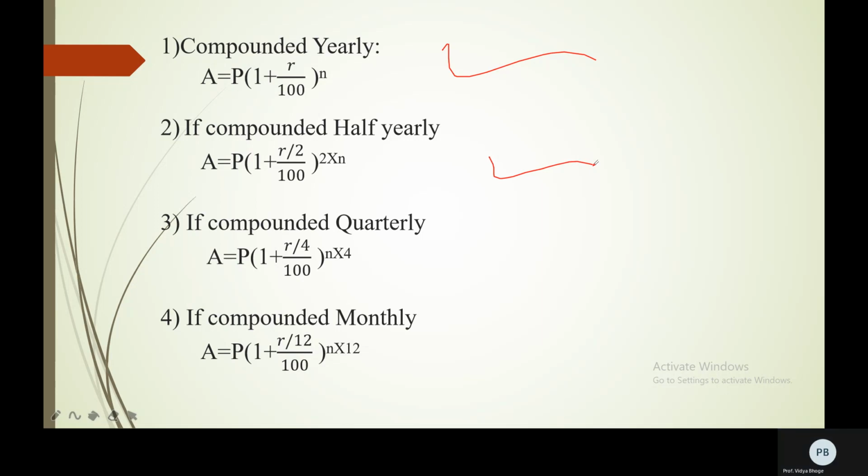Now if the interest is compounded monthly, then A is equal to P in bracket